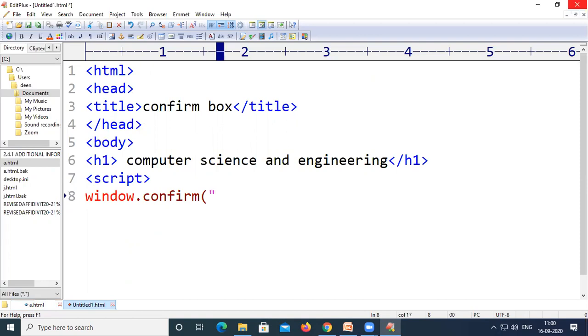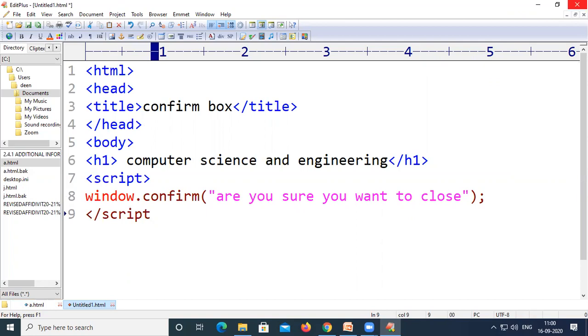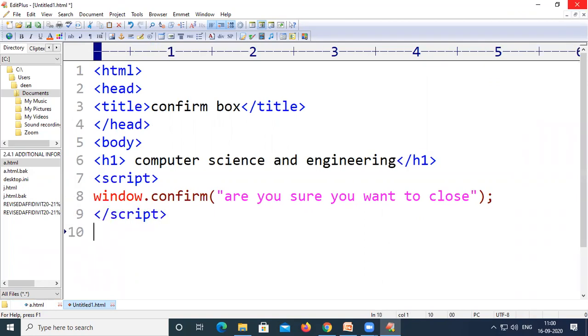Inside that we can have any message: are you sure you want to close? This was the message which will be displayed on the confirm box. Now close the script tag here, close the body tag here, and end up with a closing HTML tag.